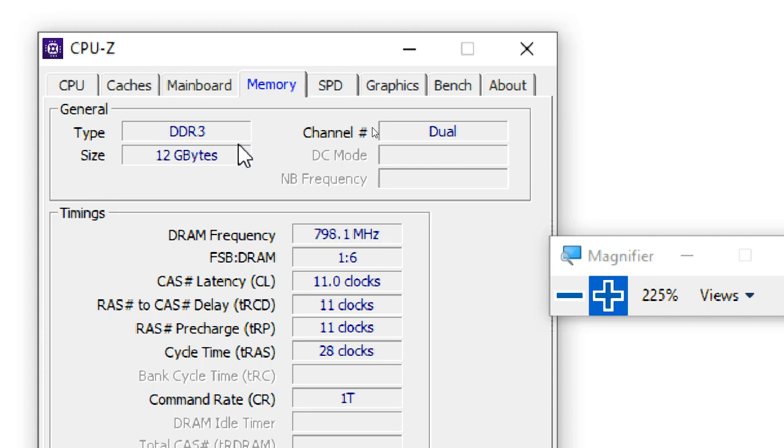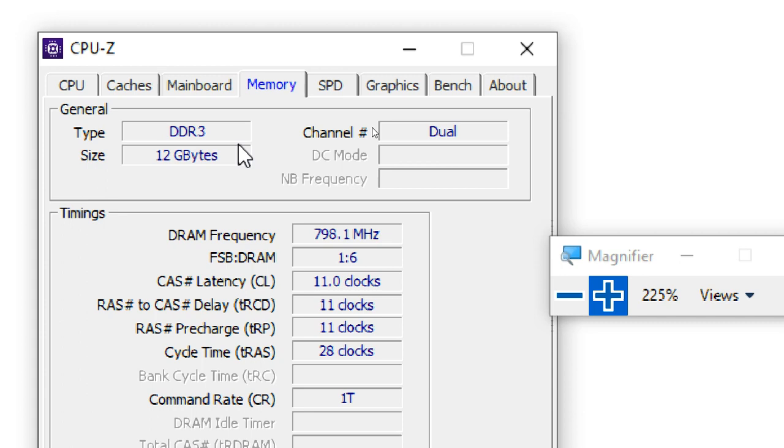DDR4 is the latest in the market. All old versions, like first, second, third, fourth generation i3, i5, i7 processors, will have DDR3.